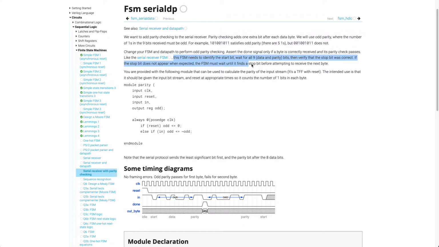Yeah, this is another spec thing that's very confusing. So here it says, identify start bit. Okay, wait for all 9 bits, and now an extra cycle where this parity bit must, I guess, match the input. We'll use odd parity where the number of ones in the 9 bits received must be odd. For example, this satisfies the odd parity